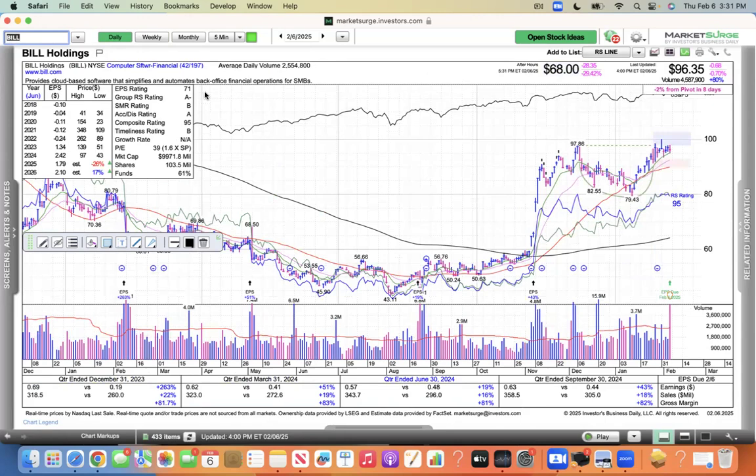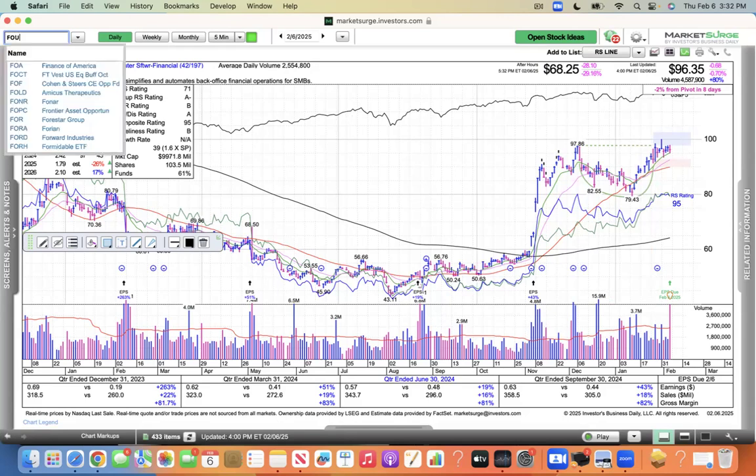This is Bill. This is a computer software financial name. This thing's getting hammered. I had this on my list this week. I didn't put it on because of the earnings report, but you can see this is a nice cup-shaped pattern, a stage one base, trading tight near its moving average. All the components that I like. It's showing the ability to move quickly, move rapidly, move higher, and this thing's getting a 30% haircut after hours. So, yeah, that might impact maybe something like